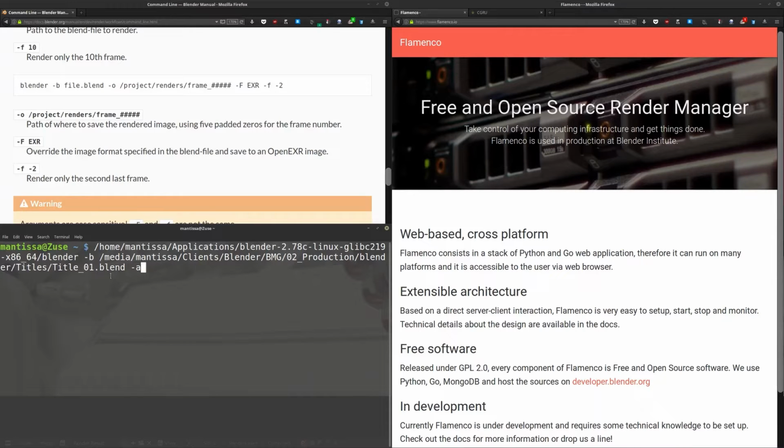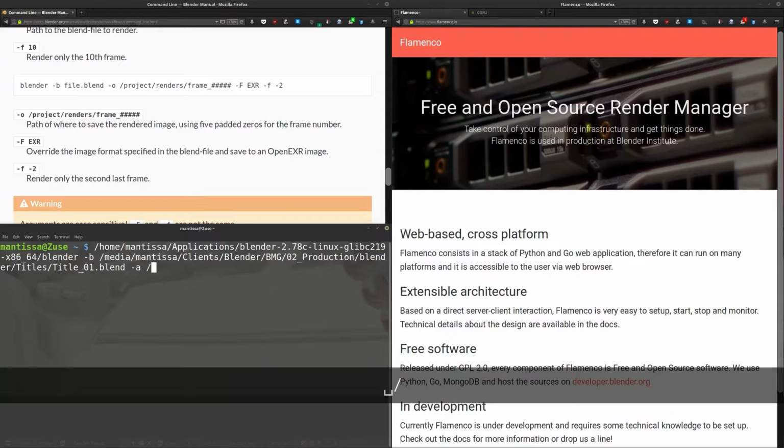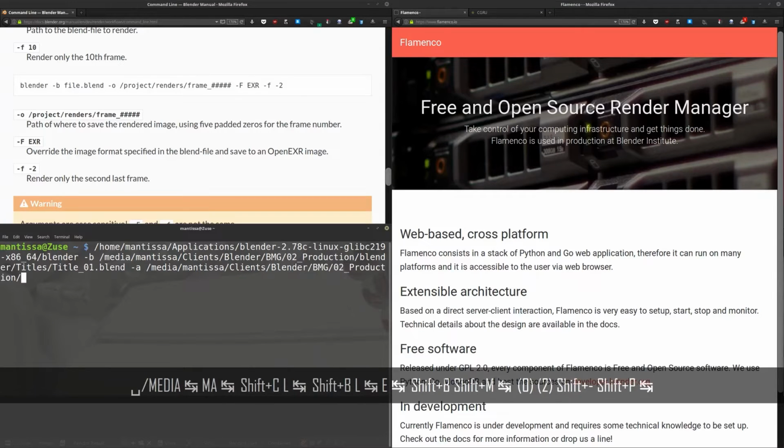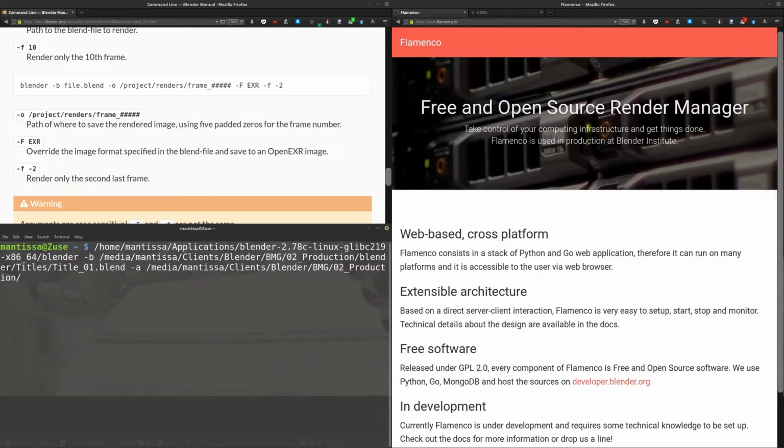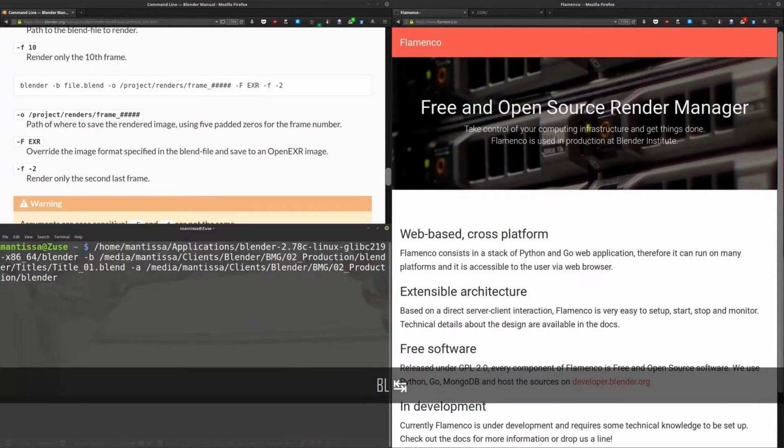I like doing it like this because I can just set everything up in the Blender files that I need, and you can add as many of these lines in as you want. So, for example, if I want to add title 2 from the project, I go Media, Antissa, Clients, Blender, BMG, and this is quite a long path, but it doesn't really matter. Production, I've got my blend files here. And then where are we? If we look at the other one, in the titles folder, I want title number 2 dot blend,